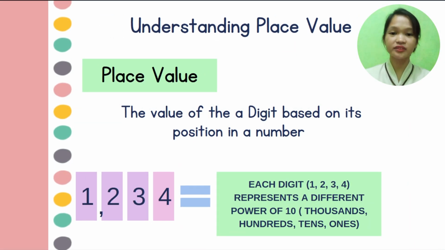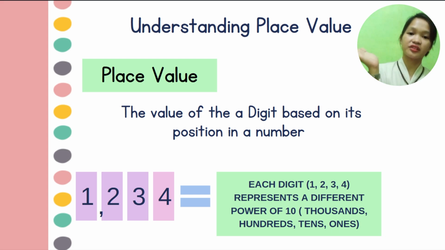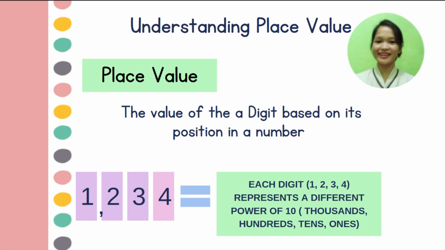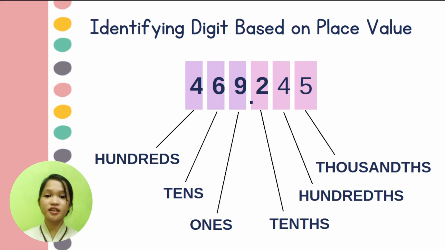The place value tells us where the digit is located in the number, just like 1234. Each digit represents thousands, hundreds, tens, and ones. So, if we are given a place value, we can find or identify the value of the digit that belongs in that place. For example, consider the following value: